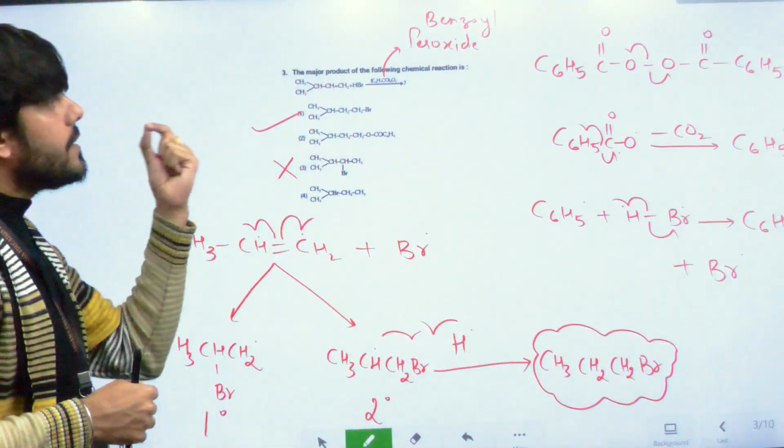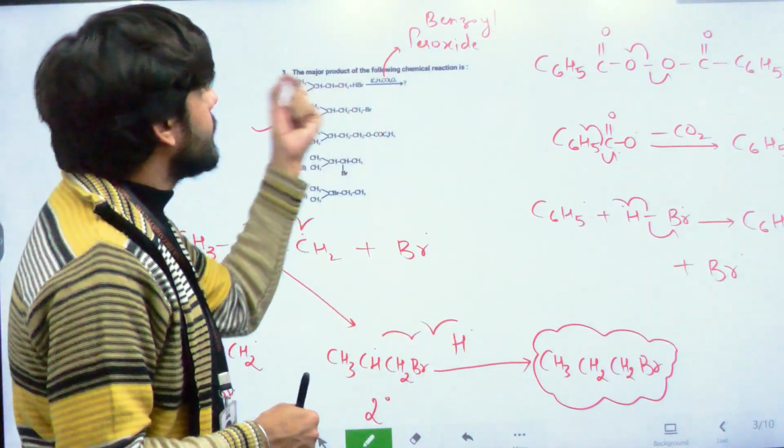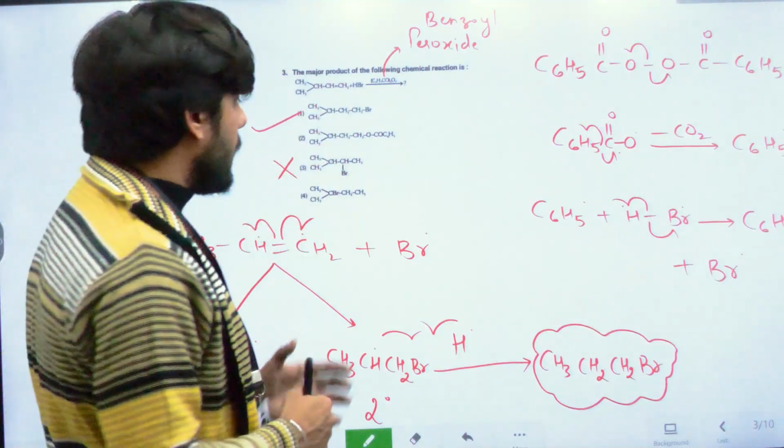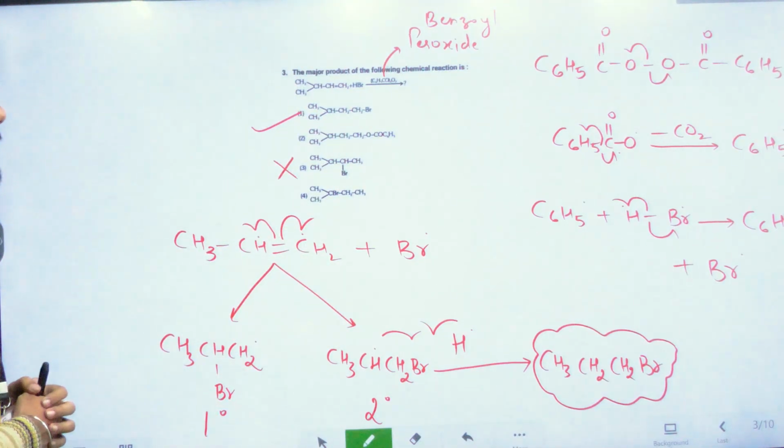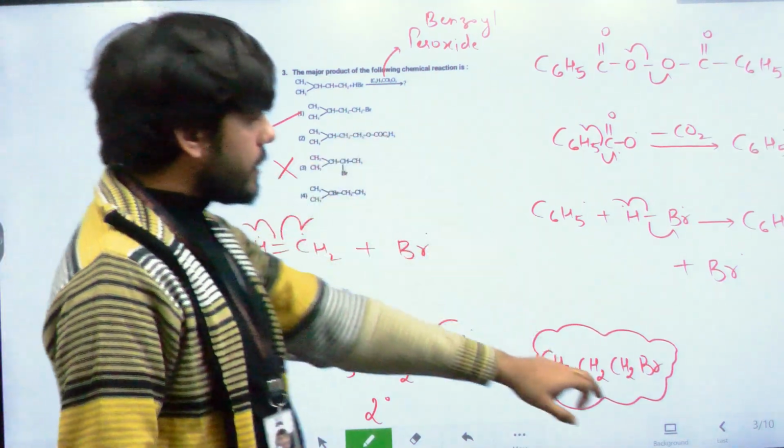So only HBr is left, and peroxide effect is observed only in the case of HBr. I hope this question is clear. So let us move to the next question. The next question says,